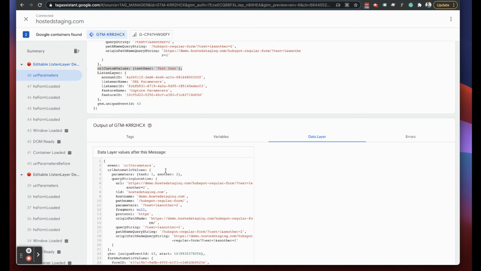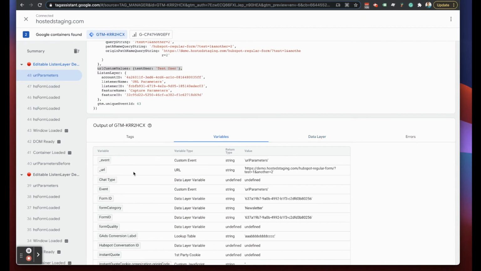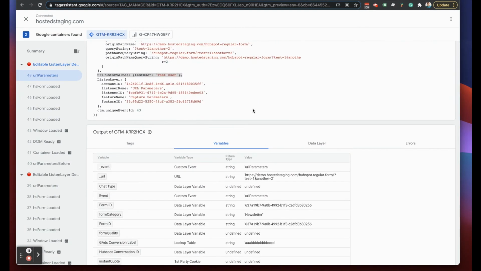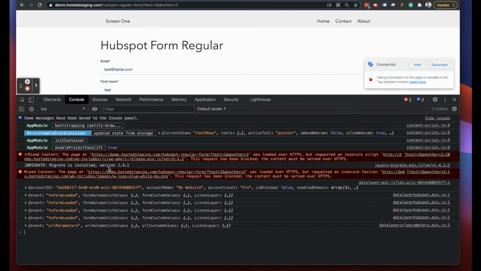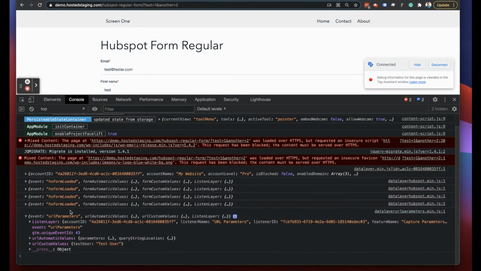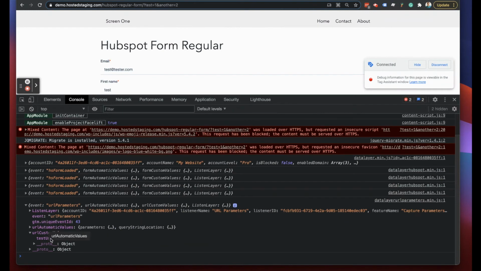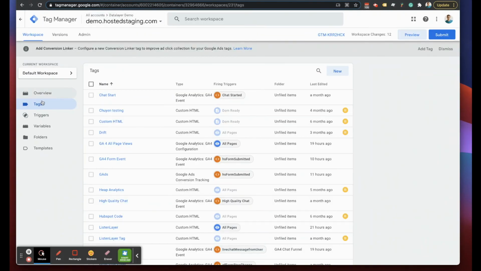But just because Google Tag Manager sees this and makes it available as a message doesn't mean we can actually use any values from there. They have to be available as variables inside of here. And the easiest way to get one of these custom variables is to jump to your console, and notice our data layer activity appears here also because Listen Layer writes to the console. And we're going to go to URL custom values. We're going to drill into this event, and you can see our new data layer variables here. I'm just going to expand that so it's open, and I'm going to right click on test user and click copy property path. Then I'm going to go back to Google Tag Manager,